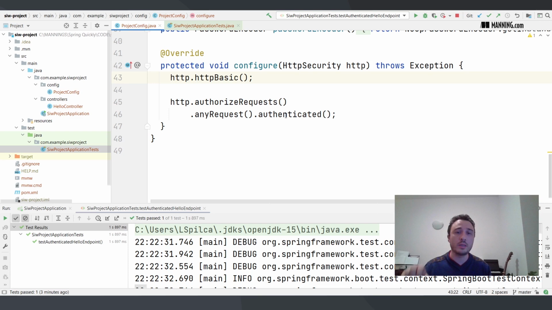So that's basically everything I need, because now I can call the endpoint, and because I have a user in the security context, my application thinks that I did the authentication. So this is the prerequisite, creating the mock security context based on which we test only the authorization configuration. So that's what you need to be very careful